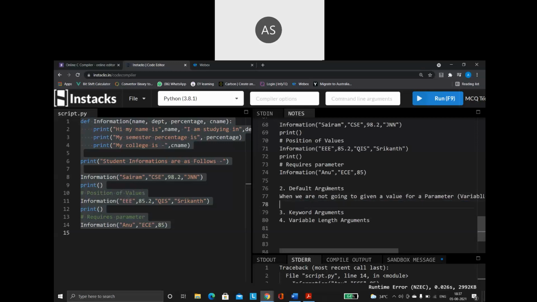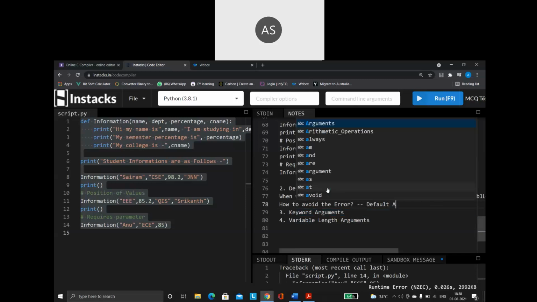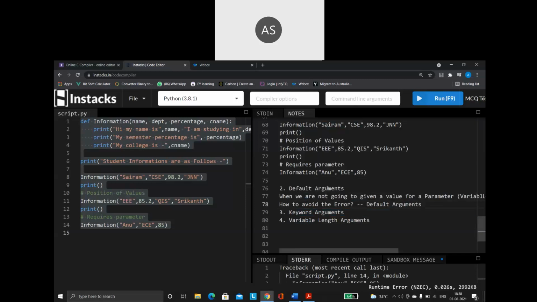So, how to avoid this error? I am still not going to give values, but I don't want an error. How to avoid the error? It is with the help of default arguments. With the help of default arguments, I can avoid this error. How?